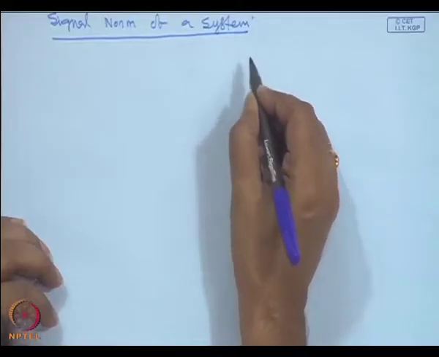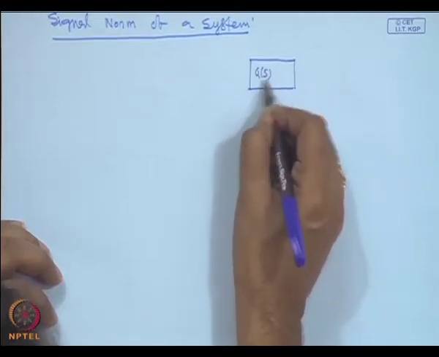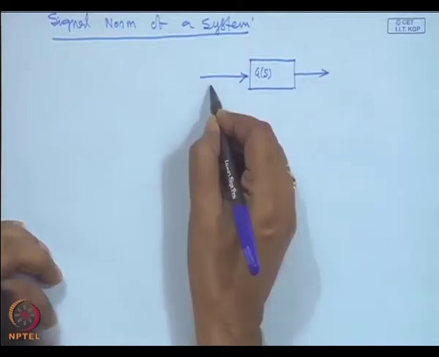Suppose we have seen in our earlier lecture that if you have a dynamic system, we can write the dynamic equation either in different models, either transfer function model or state space model. Let us say we have a system which is a transfer function model, G(s) is the transfer function and this is our input u of t,